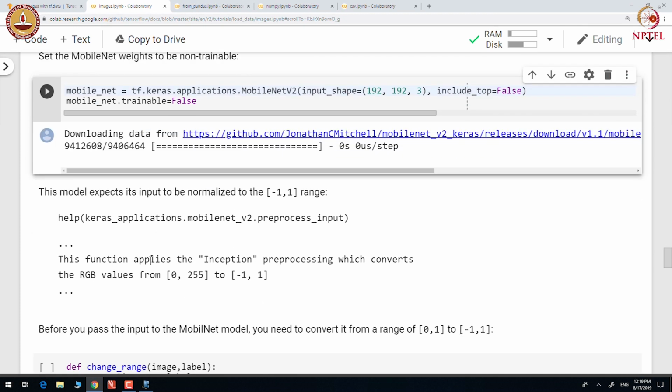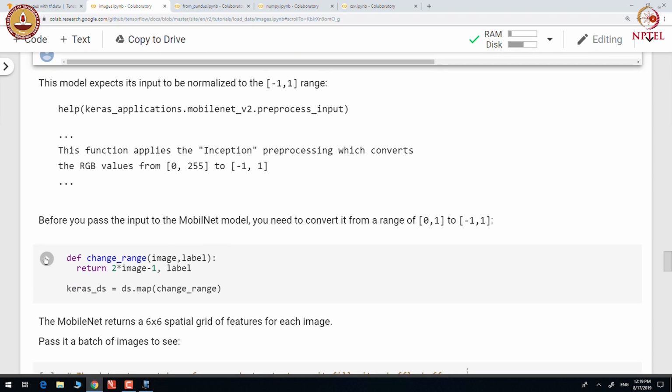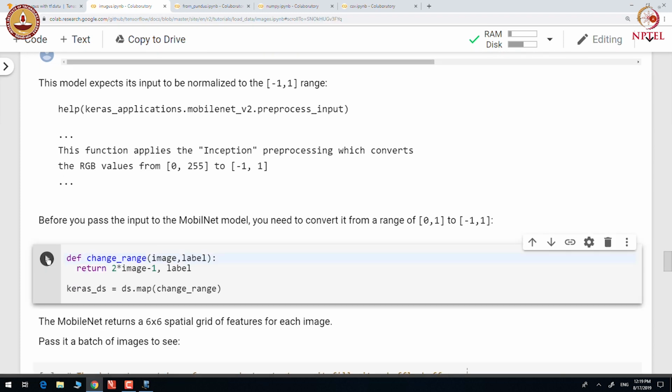The MobileNet expects the input to be normalized to the -1 to +1 range. So, we convert our data from the 0 to 1 range to the -1 to 1 range. We define a change_range function and apply that on each element with the map function.